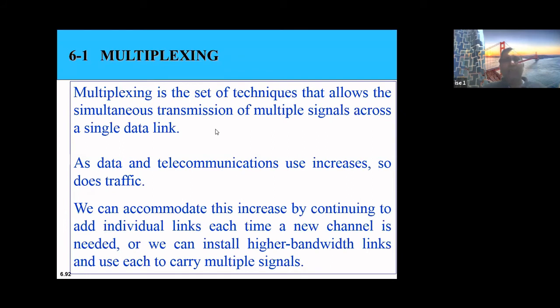Okay. So now, multiplexing is nothing but a simple concept: many to one. Many channels are combined into one channel. You got the idea? Signals are coming from many channels, and if my bandwidth is high, suppose the first channel has 1 megahertz, the second channel has 3 megahertz, and the third channel has 6 megahertz. You got the idea? And I have a total bandwidth available of 10 megahertz.